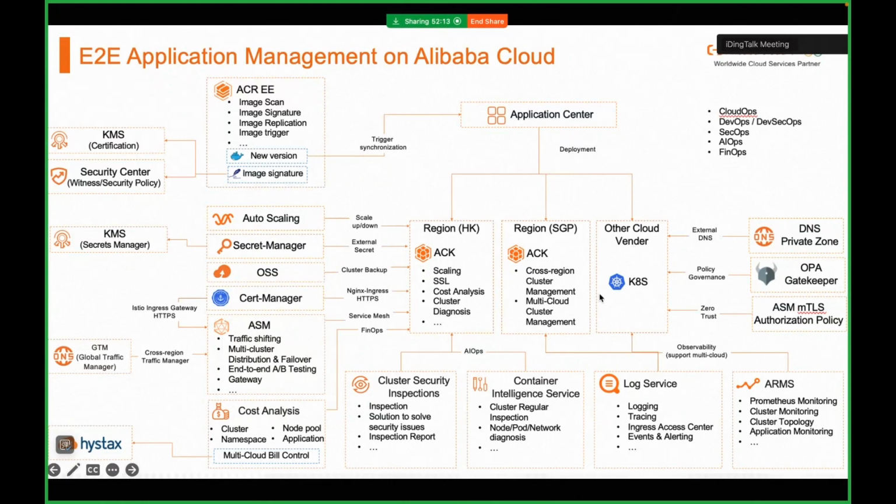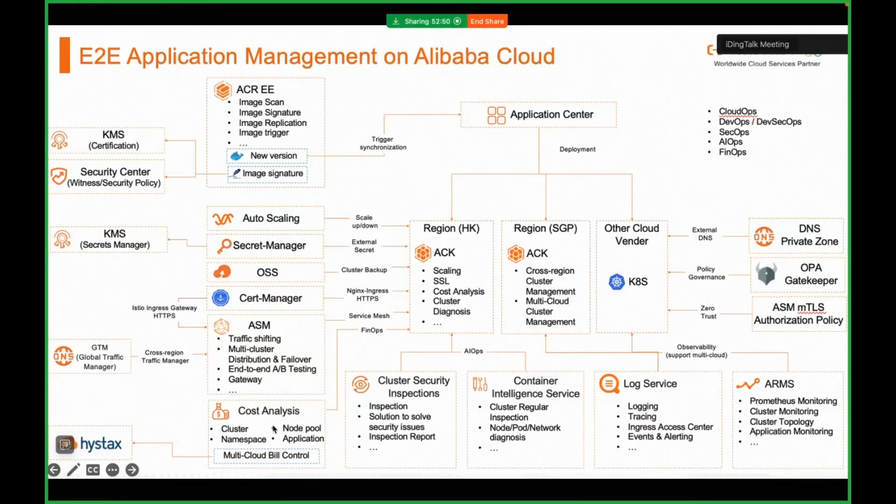So our Kubernetes service is very flexible to deploy using Application Center, which can be integrated with the container registries, where image scan and image signature are applied in a very efficient and secure way using KMS and Security Center, which will give you a smooth deployment of your application. And on top of that, as more and more users are accessing your resources, auto scaling, secret management, OSS, which is our object storage service, and certificate manager will help you to scale your application as it needs.